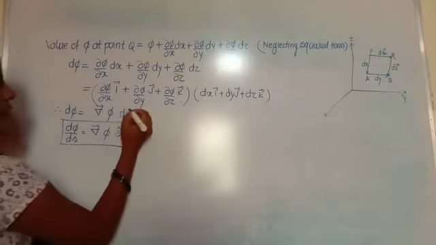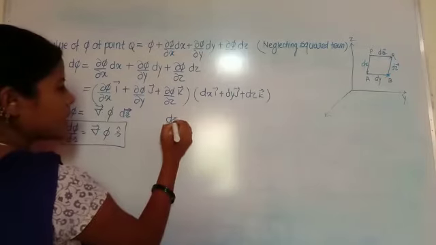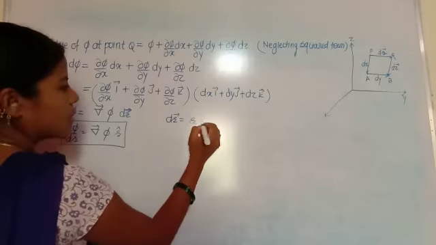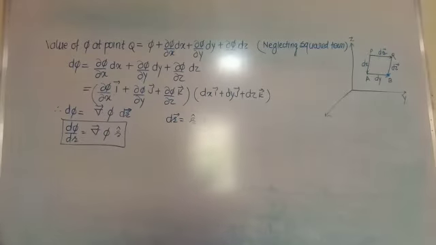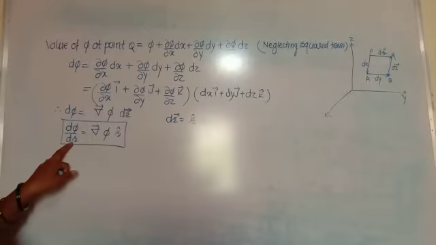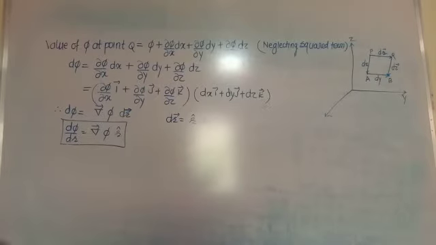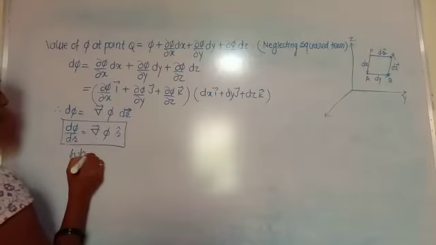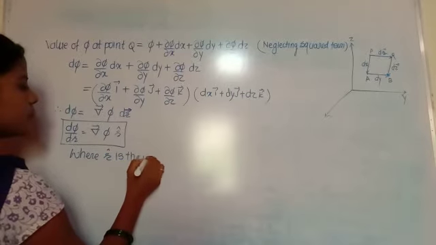So when we remove the vector sign of dr, we can write the vector dr equals r into dr. So this is the unit vector r into dr. Here dr goes to this side, there is no vector of dr, so that's why we take the unit vector r. Okay. So this is the equation we got in the last class, the physical significance of grad phi. Here r is the unit vector